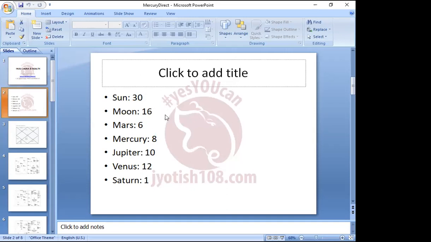Then the Moon is getting 16 points. Mars is getting 6 points, Mercury 8 points, Jupiter 10 points, and Venus 12 points. So after the Sun and Moon comes Venus. And Saturn is getting only 1 point. What this also implies, there are a few other secrets here. On the basis of which the points have been assigned, we know that the Sun is the